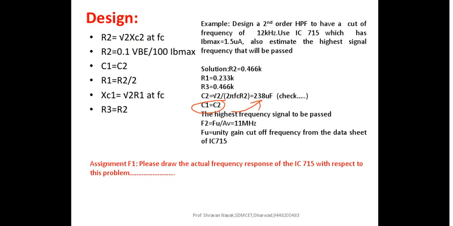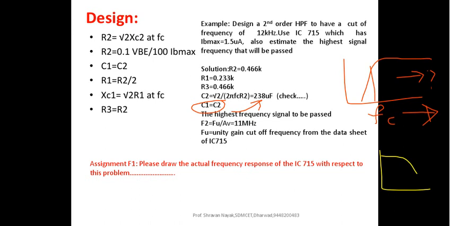Now, one thing to be noted here is, when I speak about the high pass filter, right? So above the cutoff frequency, all the signals will be passed. That is what we know. But up to what value the signals will be passed? That is the next question. Correct or not? In the low pass filter, that question doesn't arise. So from 0 DC to cutoff frequency, the cutoff frequency is finite. It may be 10 hertz, 100 hertz, 1 kilohertz, whatever it is. Up to that, the signal will be passed, beyond which the signals will be attenuated, and how long you will go, that becomes immaterial. But here, how long you will go in the pass band, that also is very important,